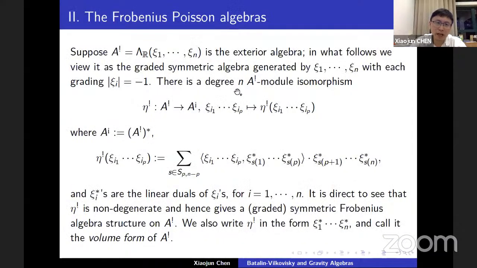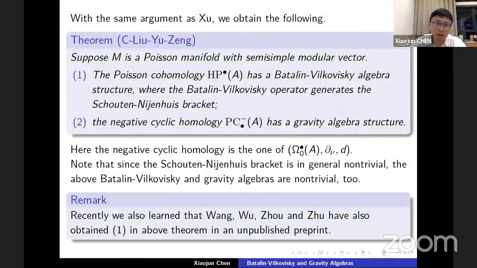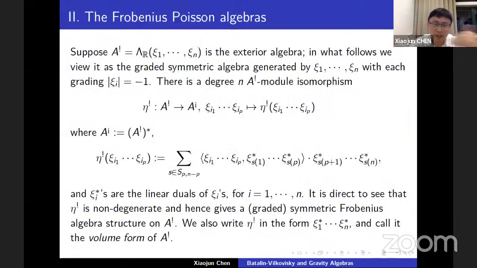So now here, what I discussed so far is about the Poisson algebras. Actually, there is another version of Poisson algebras, which is called Frobenius Poisson algebras. So let me start from an example. Now suppose A' is the exterior algebra generated by n elements. We may view it as the graded symmetric algebra generated by, say, xc1 to xcn with a grading of each xci to be -1. Then there is a degree n, A by A' modular isomorphism from this algebra itself to